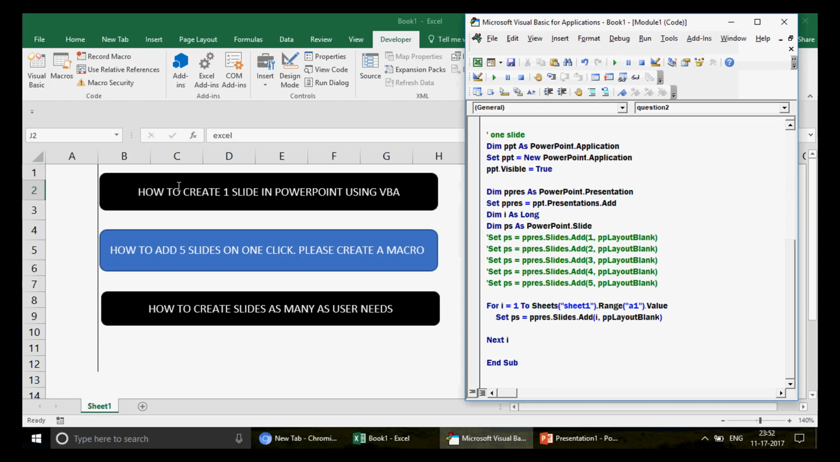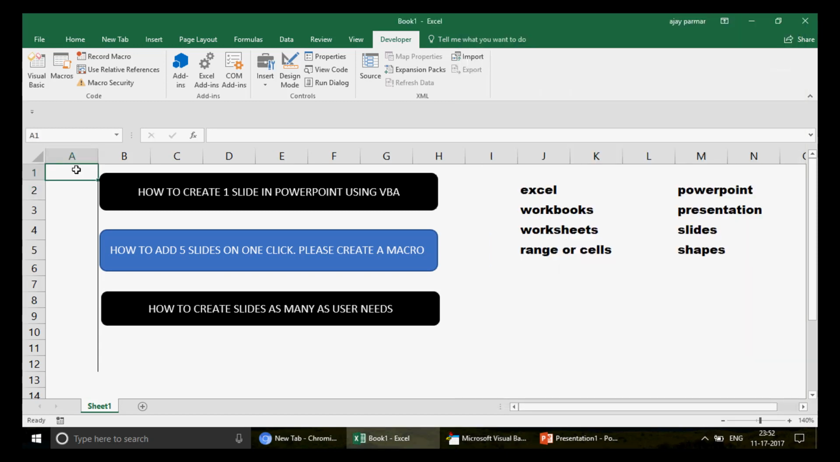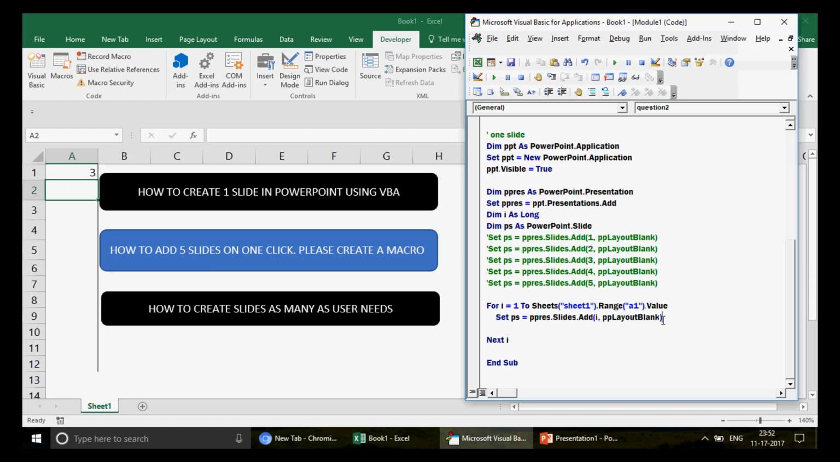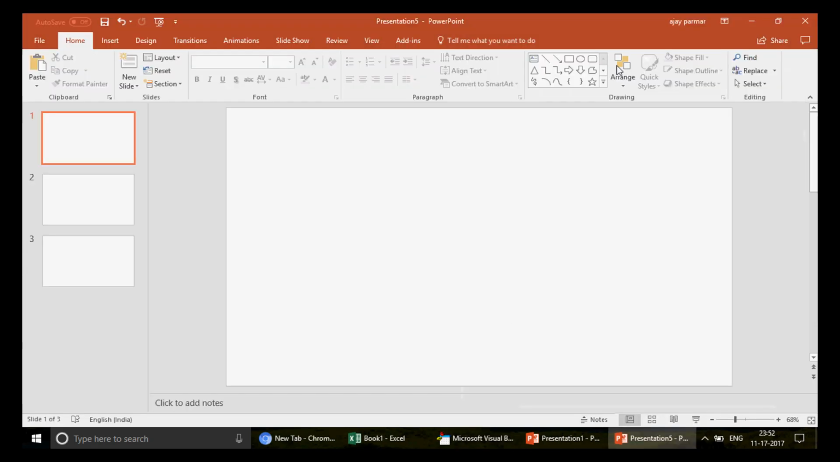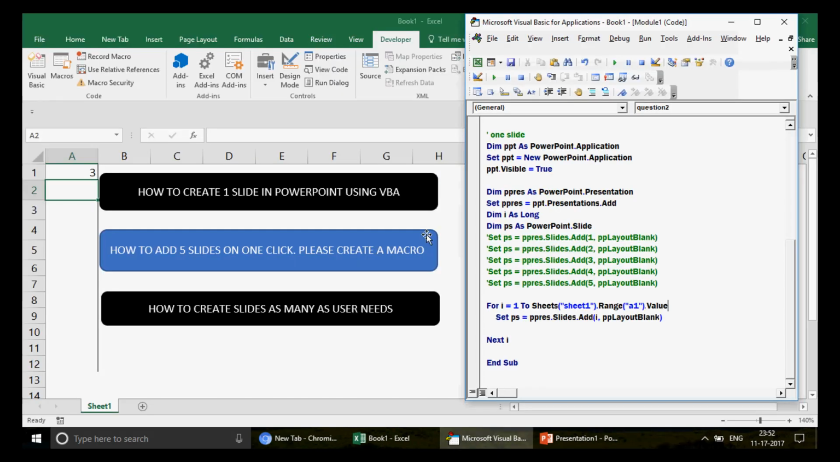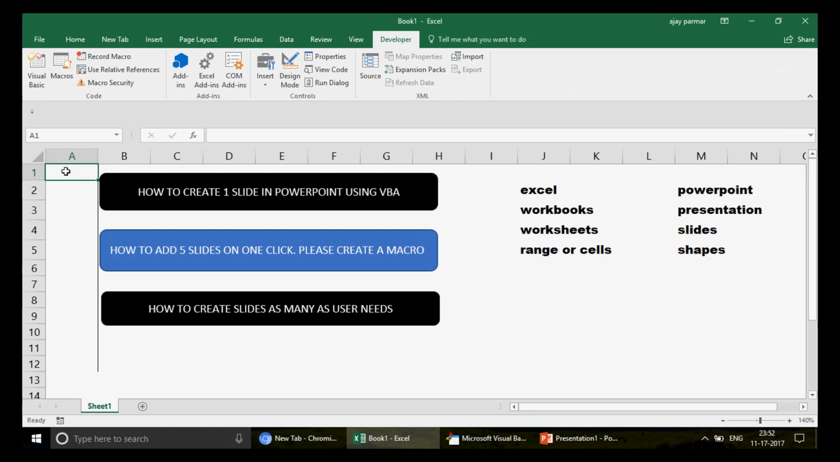Now this is also fine, guys, because if I just want, let's say, 3 slides, my user can write 3 here, and the moment I run this, what will happen? This is going to pick up 3, and then obviously I is going to run 1 to 3. So if I just click here, this is what is going to happen. Well, this is also a good way,